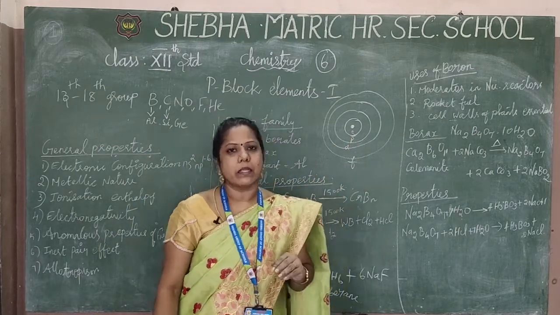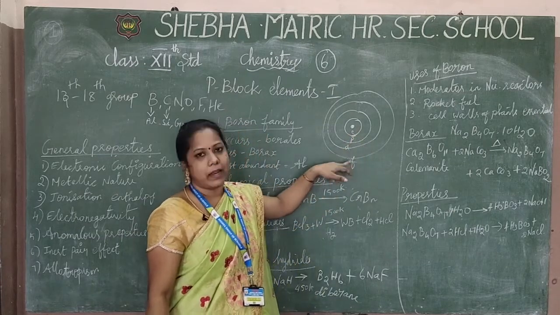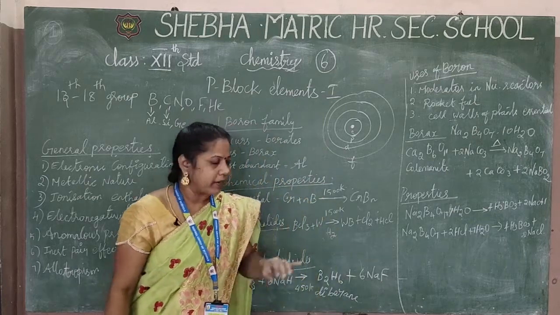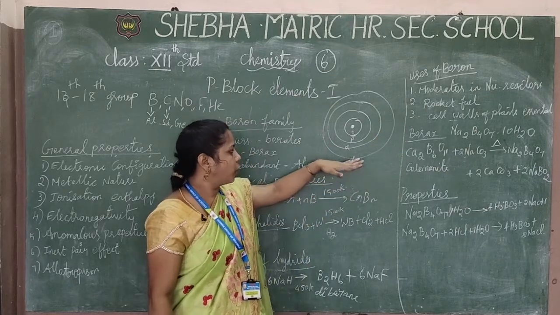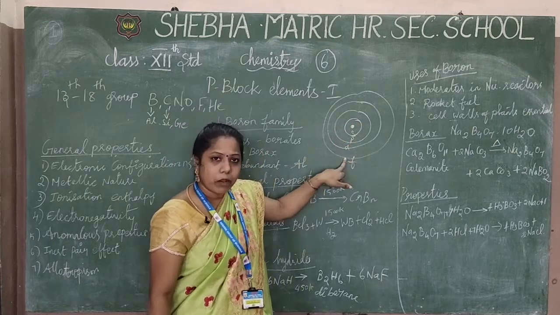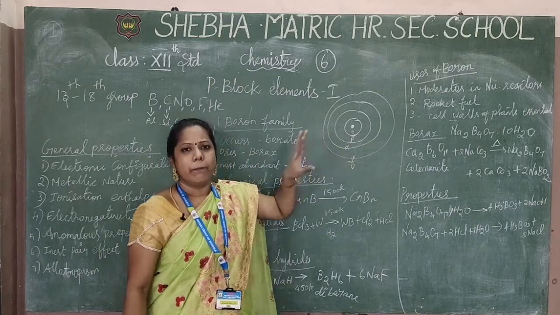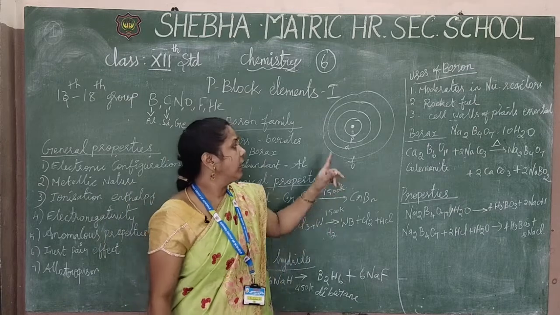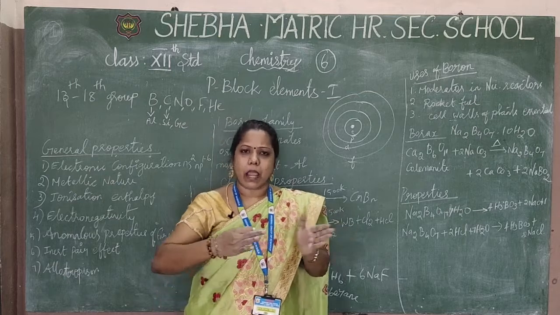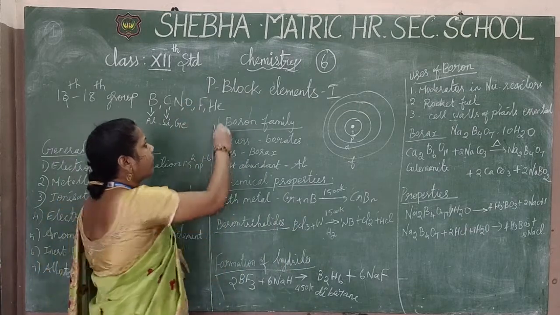If any element completes with the S orbitals, or P orbitals, or D, or otherwise the F, this type of elements, what is it called? If you complete the F orbitals, that is F block elements. If the D orbitals are completed, that is called D block elements. Likewise we go for P block elements. In these elements the outermost layer completes with P orbitals, and this type of elements is called P block elements. Did you get it?